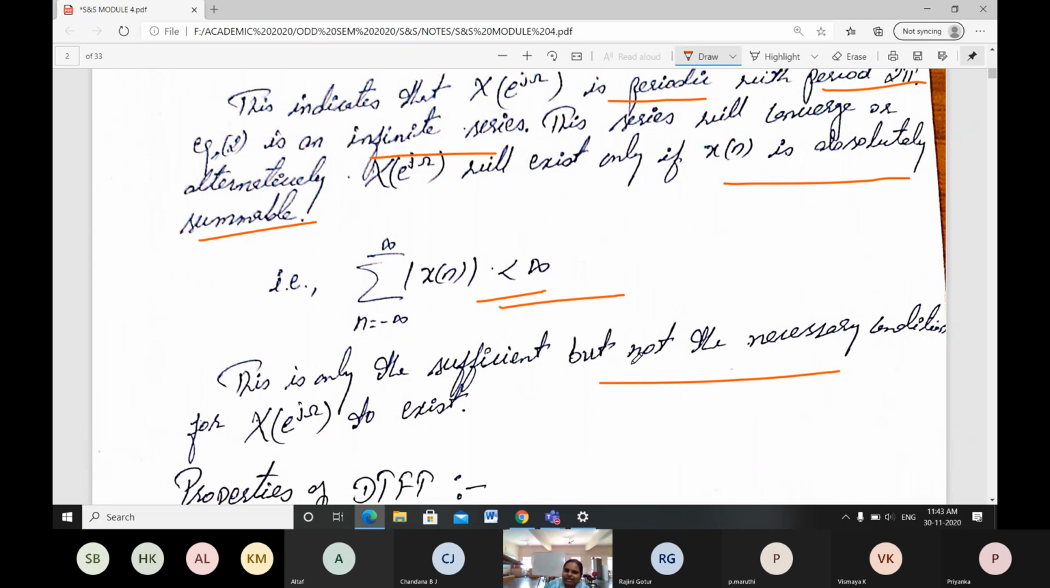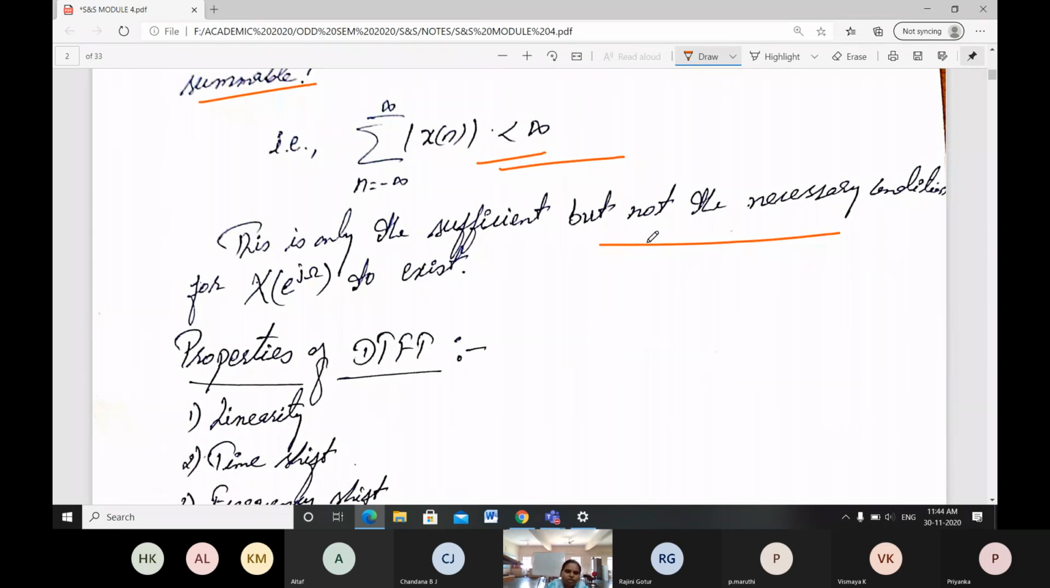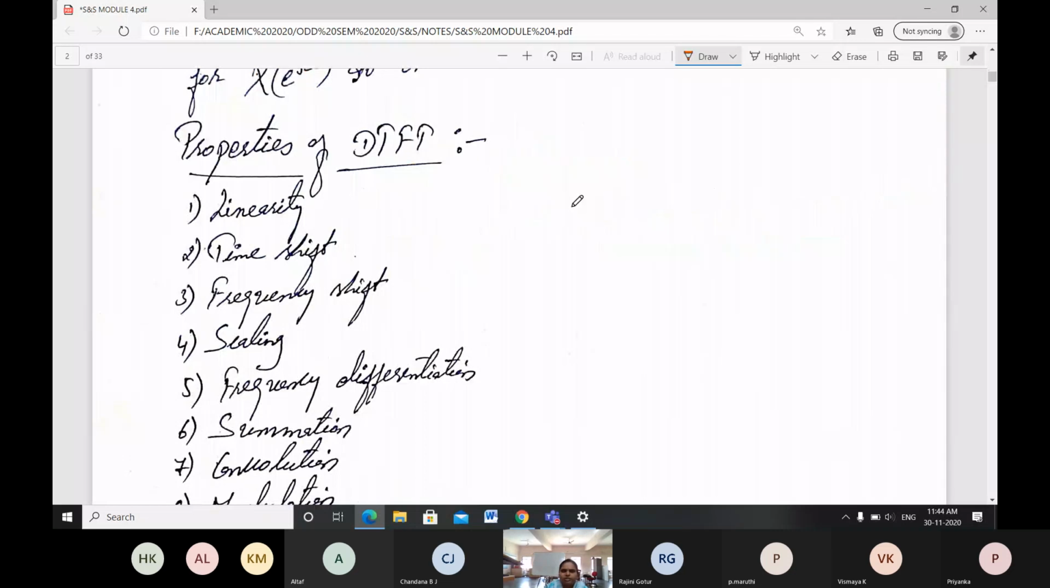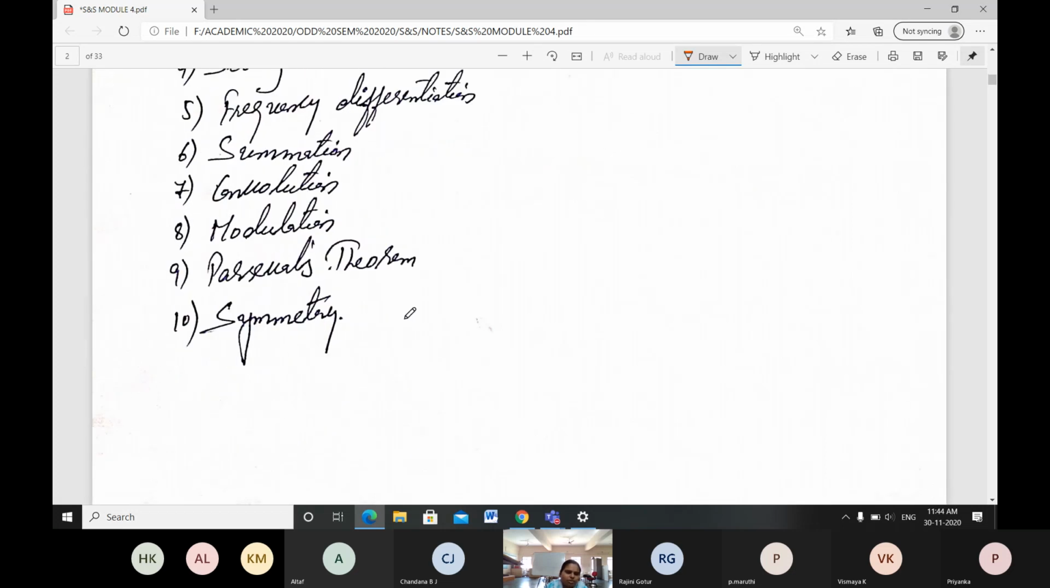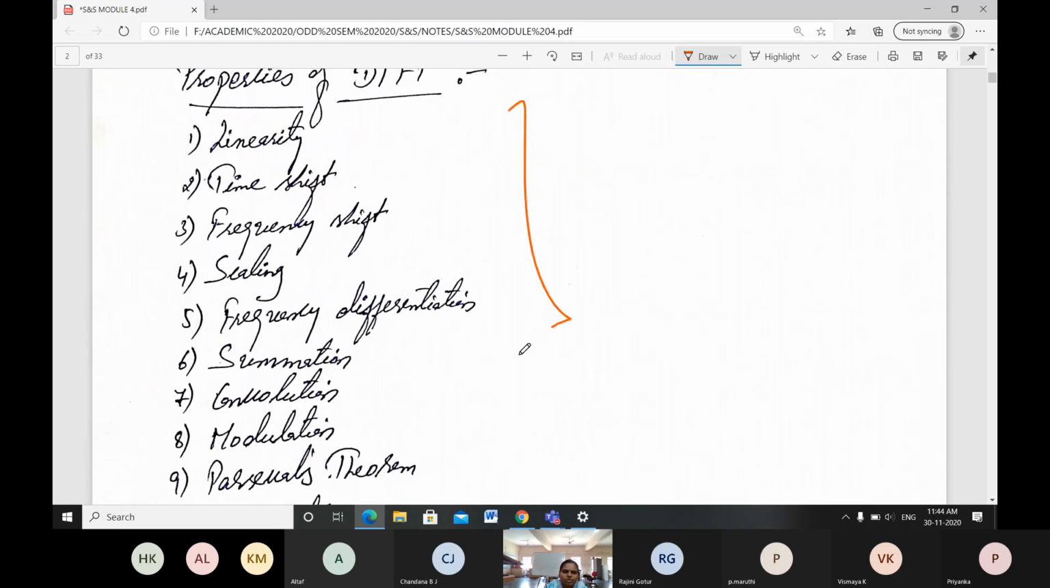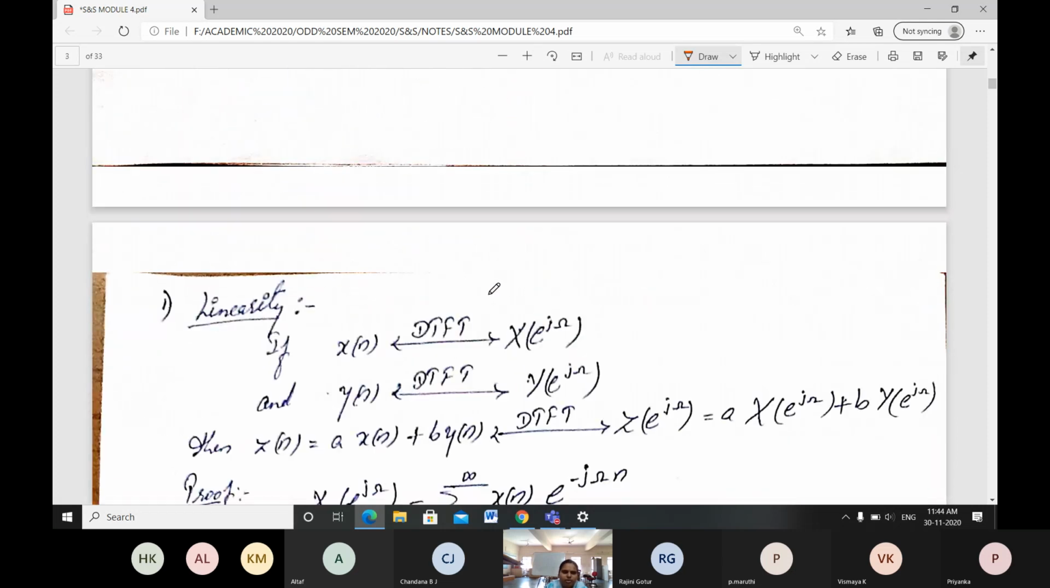For that reason, it is not a necessary but a sufficient condition for the DTFT. Okay, this is about a small introduction part. Next we will go with the properties we learned in the DTFT. The first one is linearity, then time shift, frequency shift, scaling, frequency differentiation, summation, convolution, modulation, Parseval's theorem, and the last one is symmetry. Almost the same properties we will be learning as we learned in the Fourier transform. Okay, next we will go with the